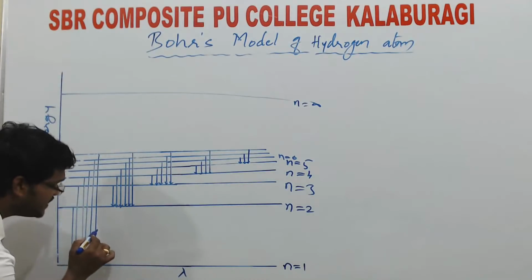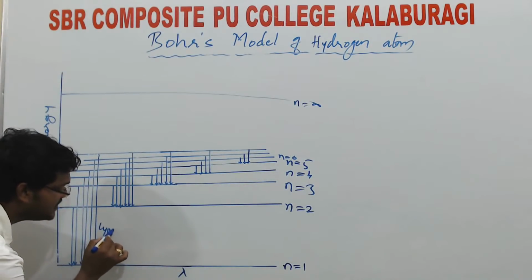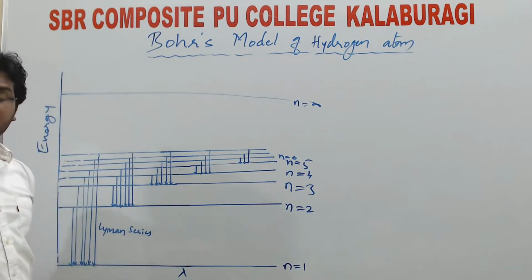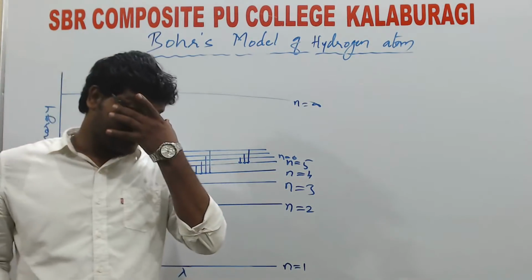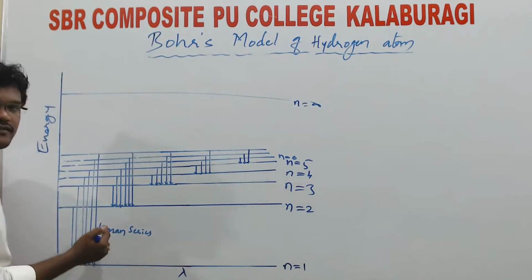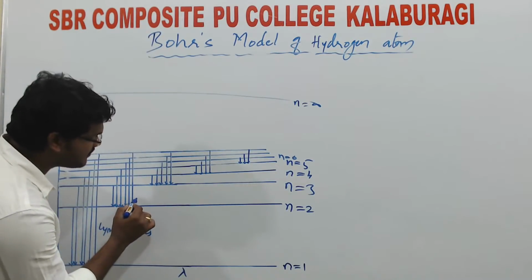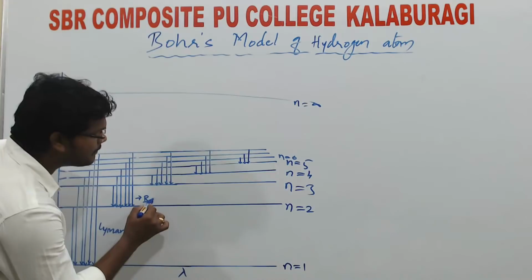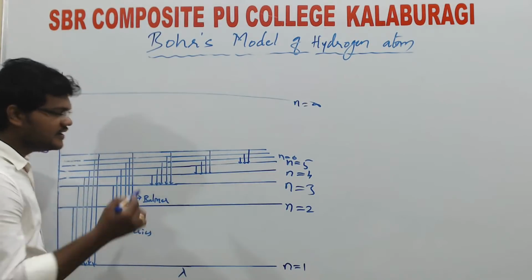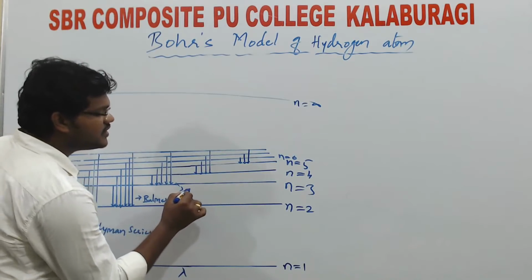This first one is called the Lyman series. Bohr has given the spectral lines. This is the first series, Lyman in fact. The second is called Balmer, and the third one is called